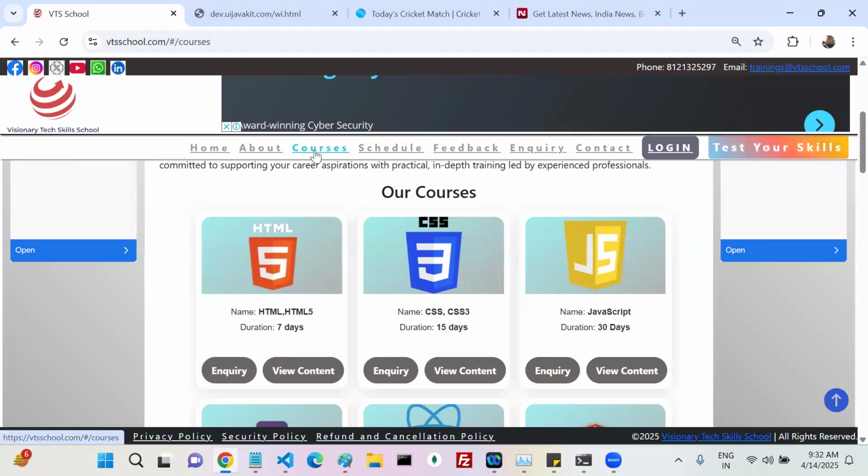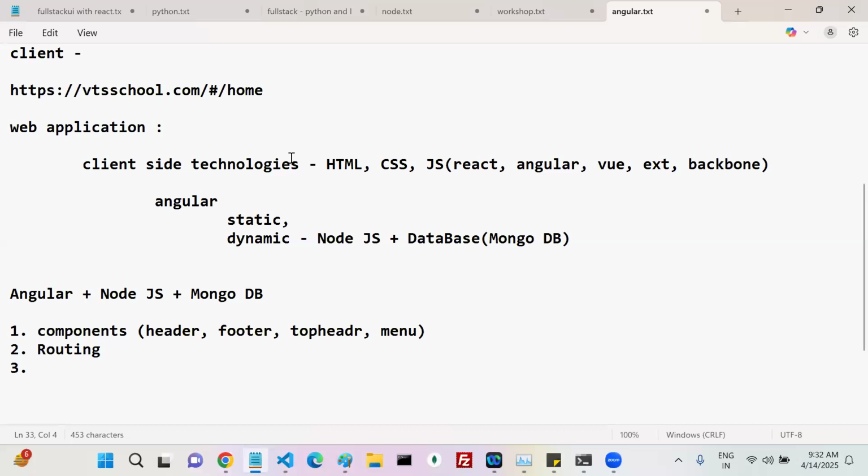By using which concept can we prepare the template to be reusable? Come on, which concept do you have to learn? By using components, right? Yes or no? By using components or not?